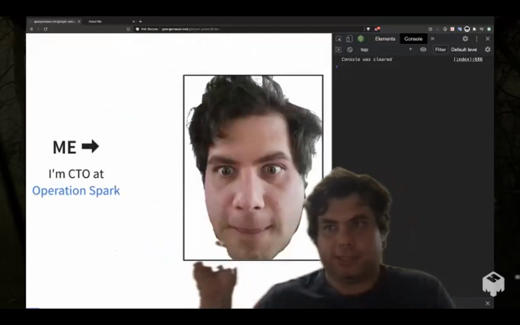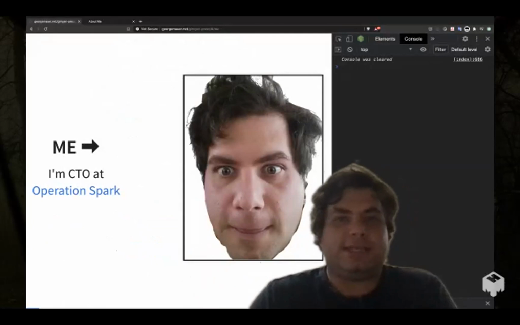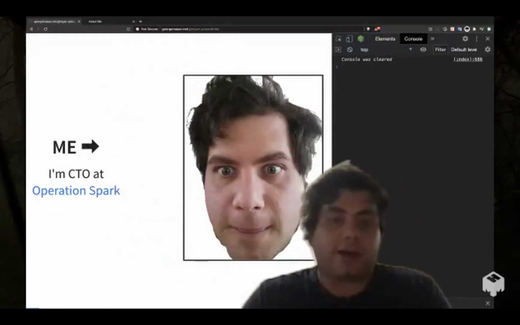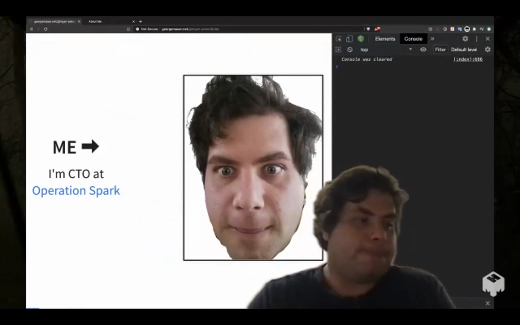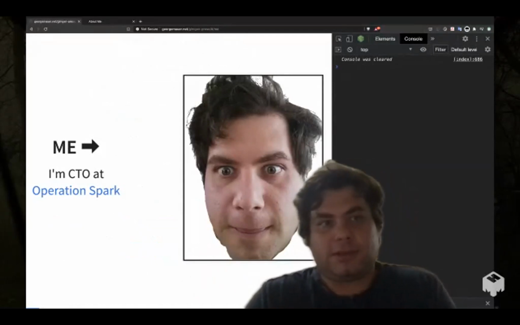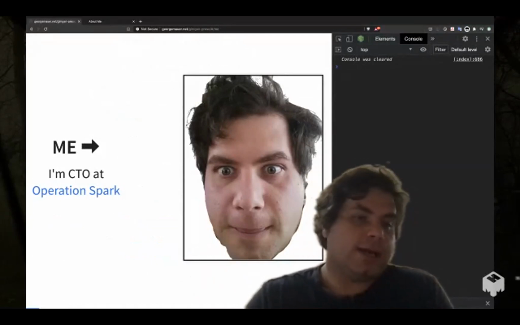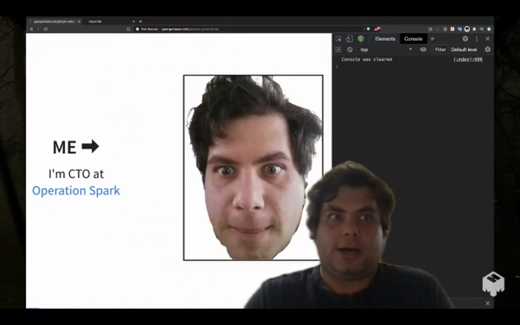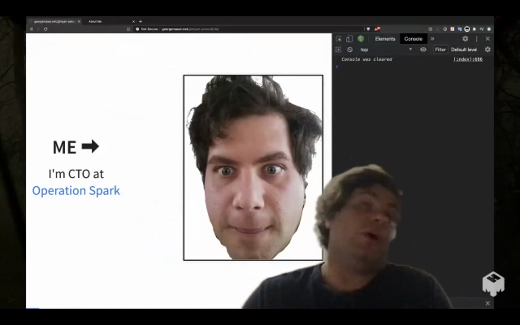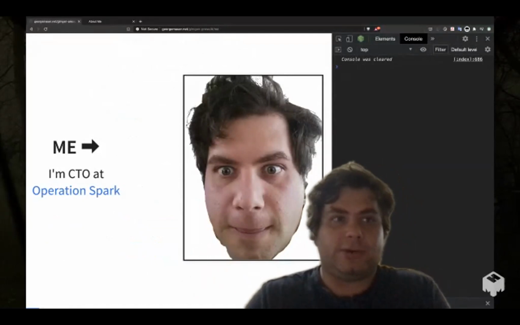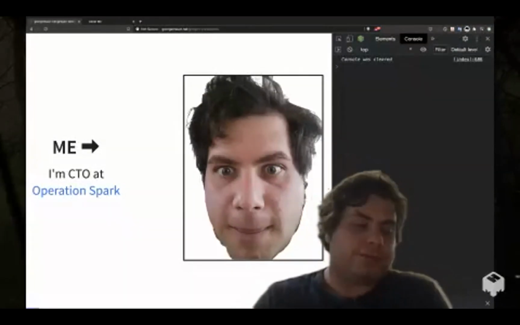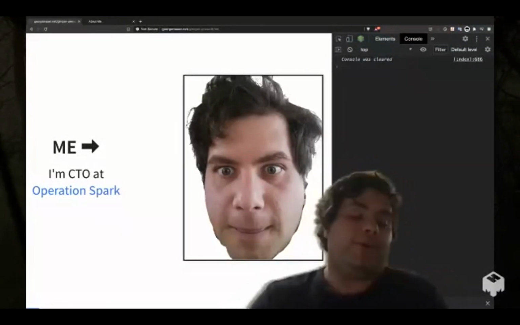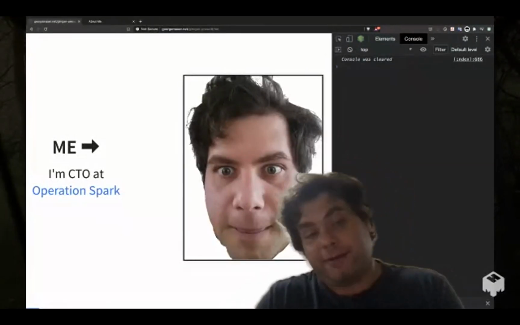This is me. Got to point that way. I'm CTO at Operation Spark. Operation Spark is a coding bootcamp down in New Orleans. I've also done consulting for many, many years. But right now I'm specifically focusing on the bootcamp. We're a good bootcamp. I'll say this, I would put us at one of the top tier ones. We used to be partnered with Hack Reactor and all those big names, but we're different in that we're also nonprofit.